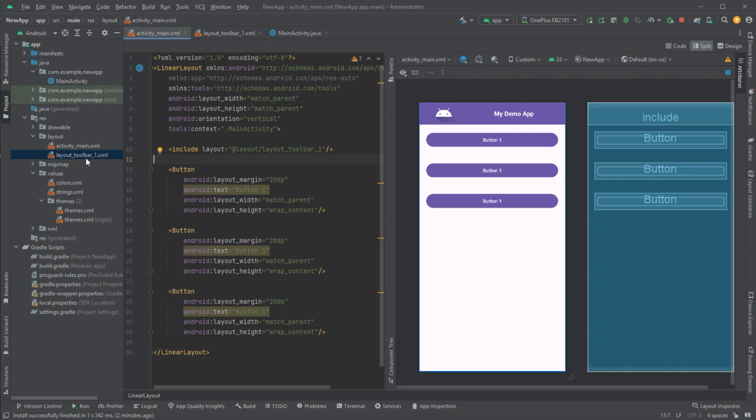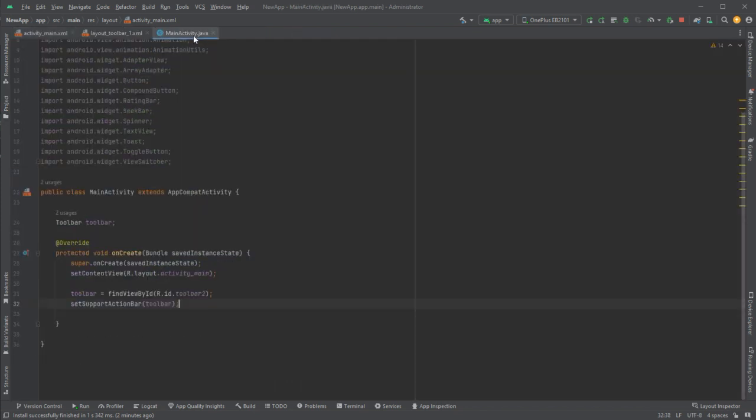So for example, I have used layout underscore toolbar underscore 1. In another screen, maybe you can use another type of toolbar, for example layout underscore toolbar underscore 2, or layout underscore toolbar underscore with image or without image, or whatever you want to write. So you have the chance to declare this toolbar as a different and custom entity, and then you can set it as action bar also using this code, setSupportActionBar. Okay,